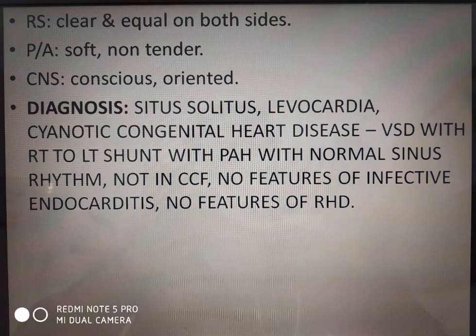The diagnosis should be cyanotic congenital heart disease, Eisenmenger syndrome, or VSD with PAH. Eisenmenger syndrome, right to left or bidirectional shunt. You can't be certain it is only right to left. Most patients with Eisenmenger syndrome have a bidirectional shunt. When you do an echo, you might observe many times that they can have a bidirectional shunt.